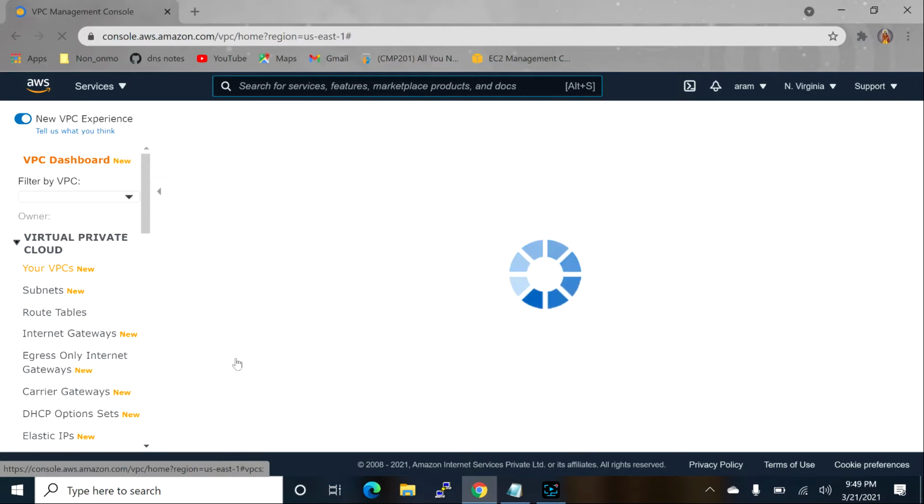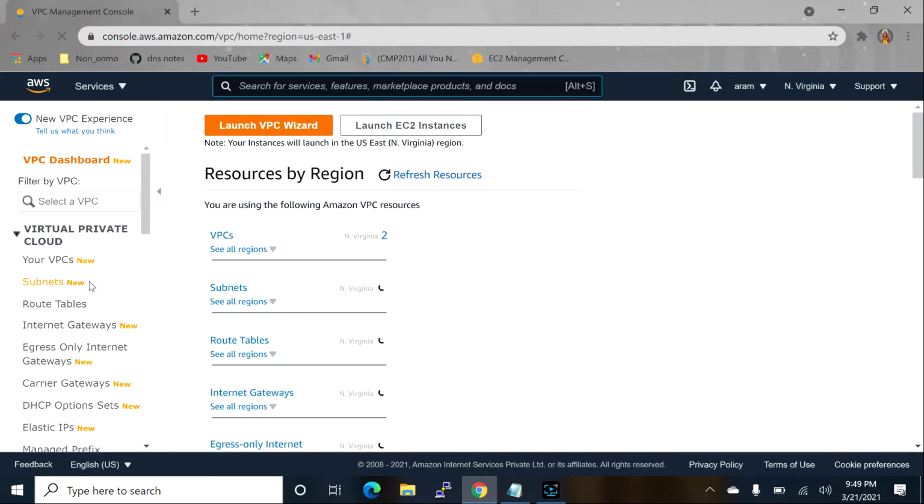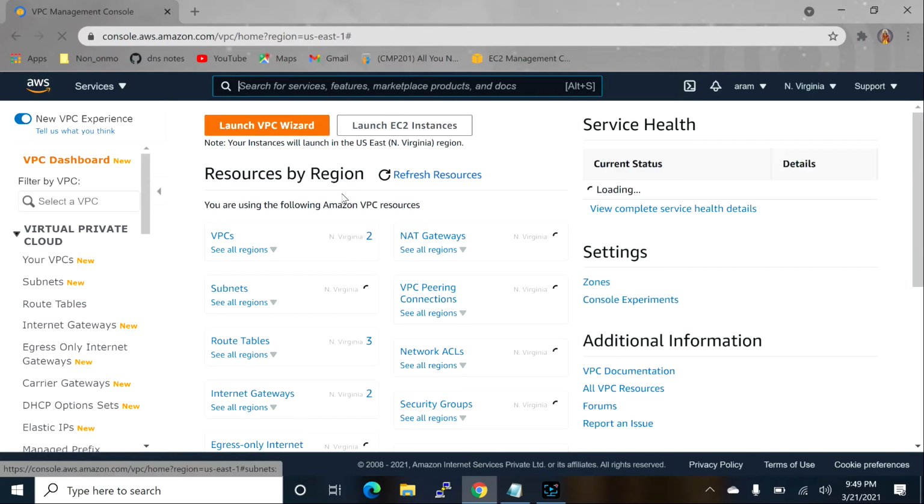This is your VPC dashboard in North Virginia. Per region, the maximum we can create is 5 VPCs. If you want to create more than 5, we have to raise a ticket to AWS.